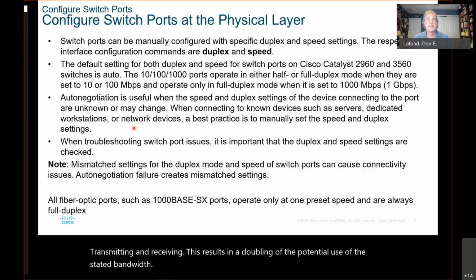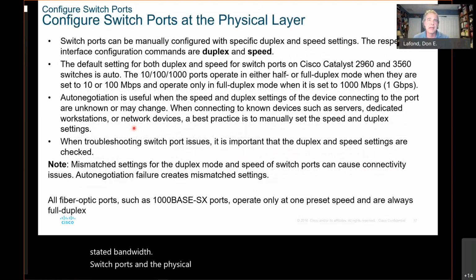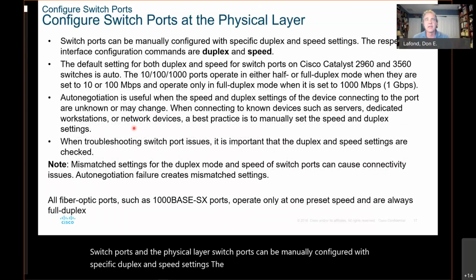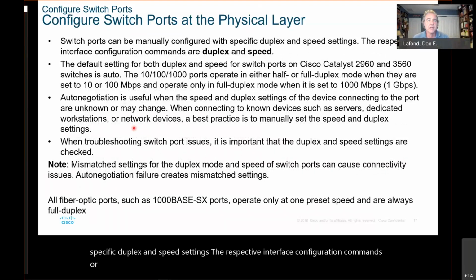Switch ports and the physical layer. Switch ports can be manually configured with specific duplex and speed settings. The respective interface configuration commands are duplex and speed. The default setting for both duplex and speed for switch ports on the Cisco Catalyst 2960 and 3560 switches is